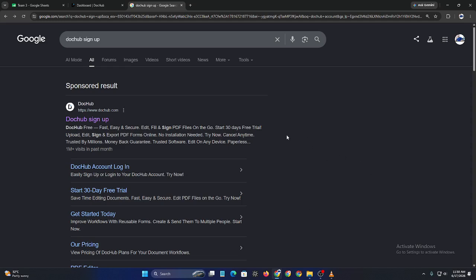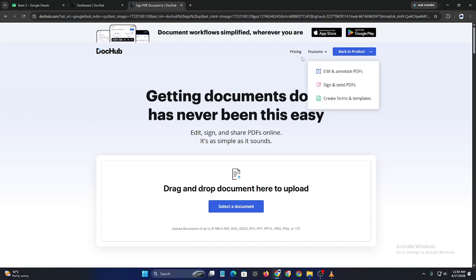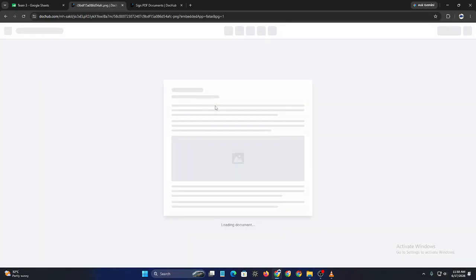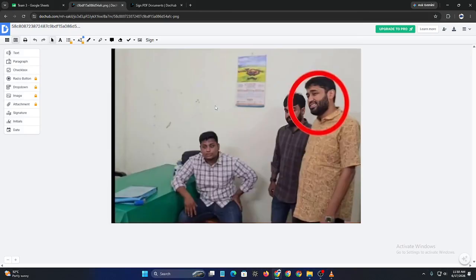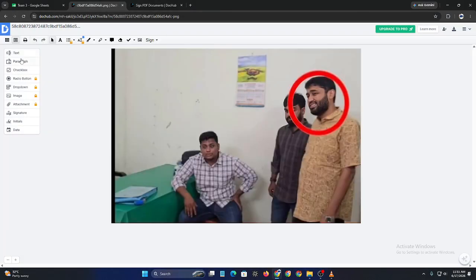So let's get started. First, sign in to your DocHub account and open the edited PDF you want to download. Make sure all your changes have been saved and review the document one final time before exporting it. If you notice anything missing, return to the DocHub editor, make the necessary adjustments, save your changes, and download the